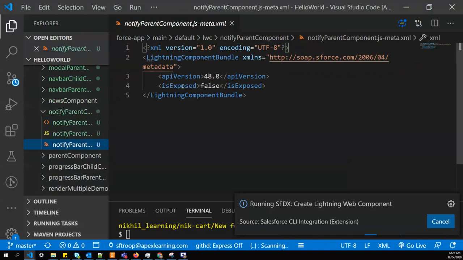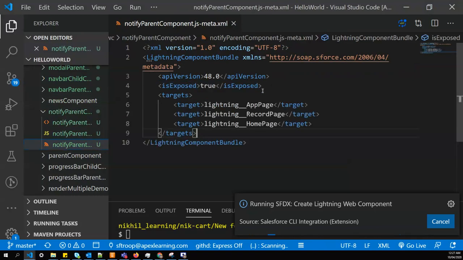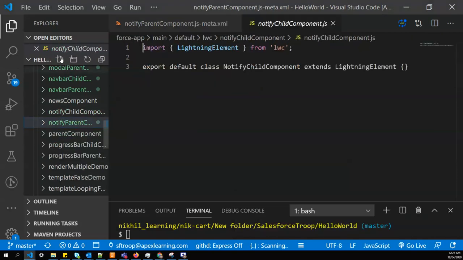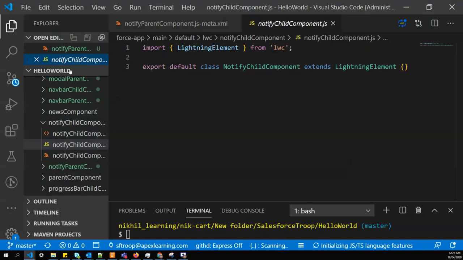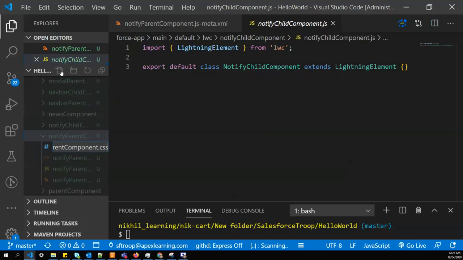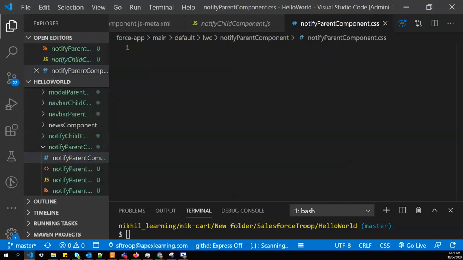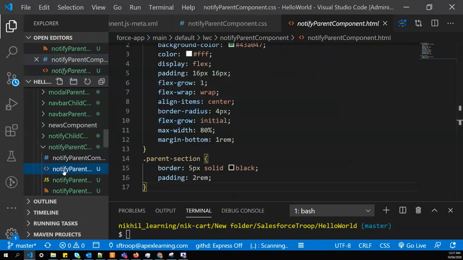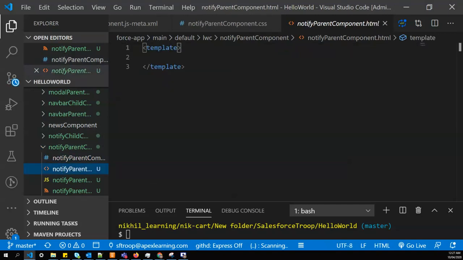As usual, first thing, expose your component and set the targets. And for parent we add some CSS as well. So we'll create CSS. We'll add that CSS file to our parent component, and we'll go to our child component as well.